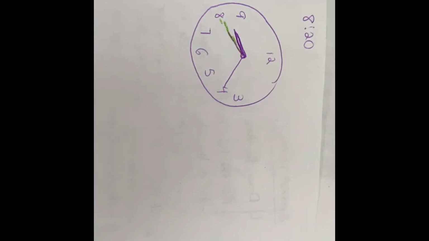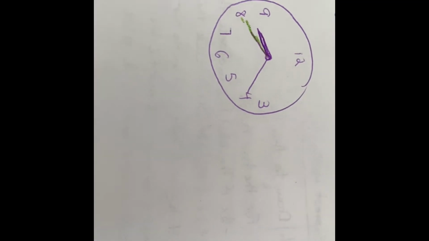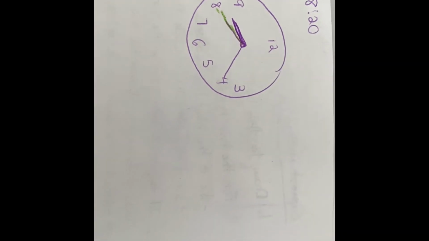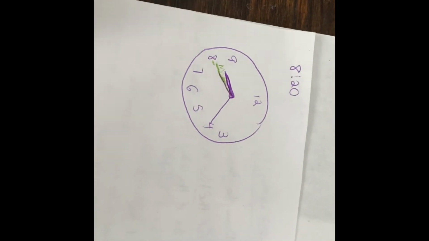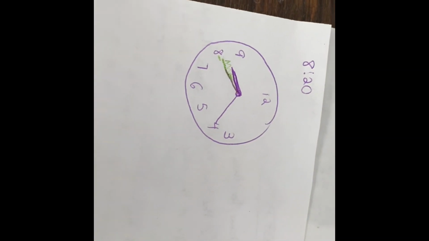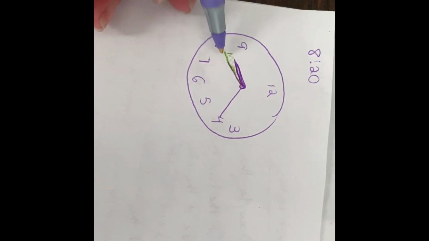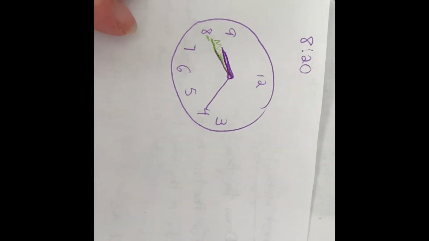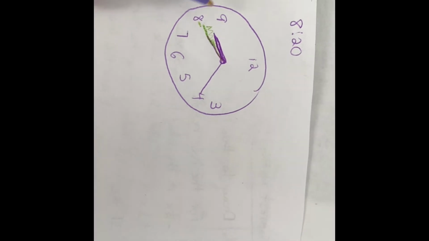So we had left off by drawing that dotted line to the hour. From here, I want to take a look at that portion that's in between our hour hand and the dotted line that we just looked at. Because that portion is going to be outside of our angle, we're going to be adding on that extra piece